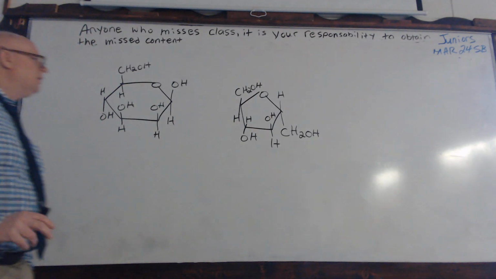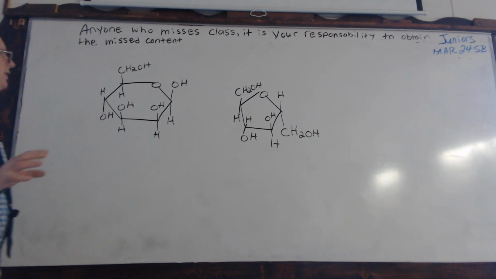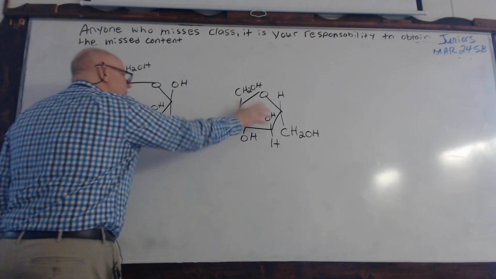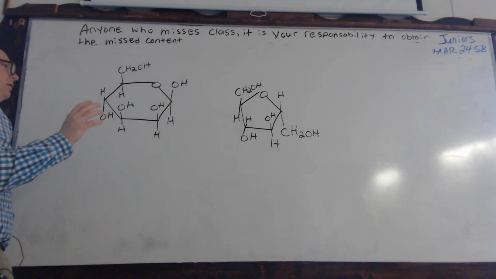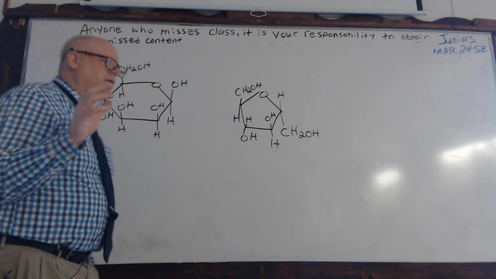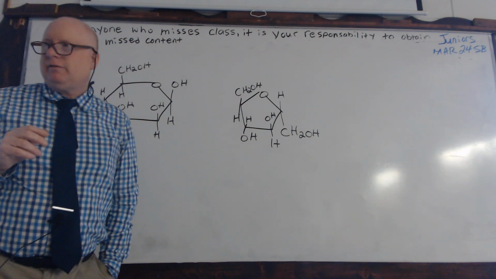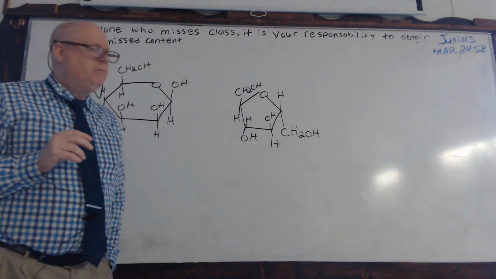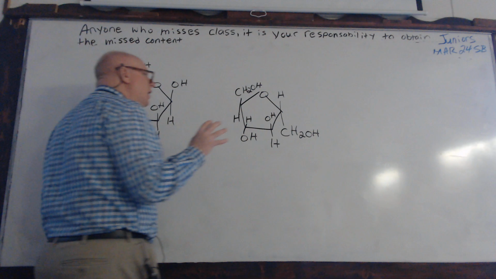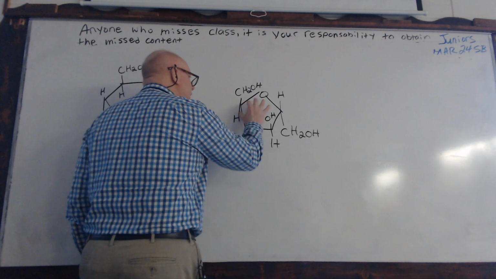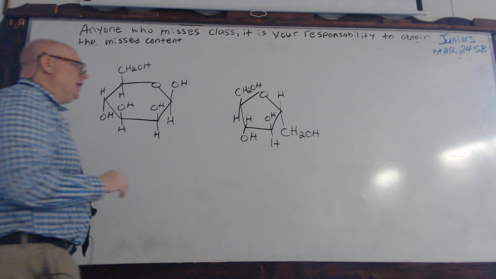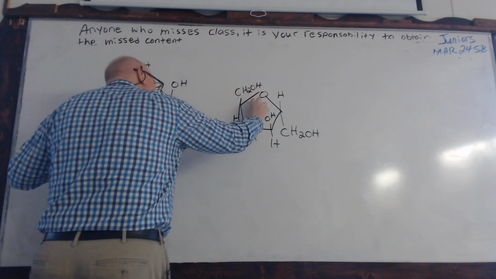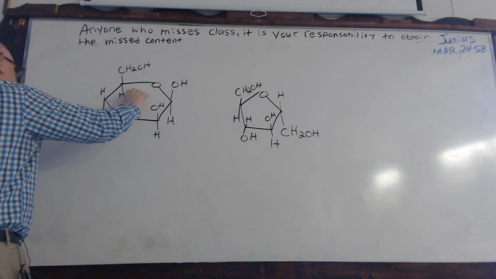Okay, so we just briefly got started on here. The question was asked, what are some basic differences between these two? They're both hexoses, okay? But how can they be hexoses if they don't have the same shape? Because then you say this is a ketose sugar, which is correct, and this is an aldose sugar, which is